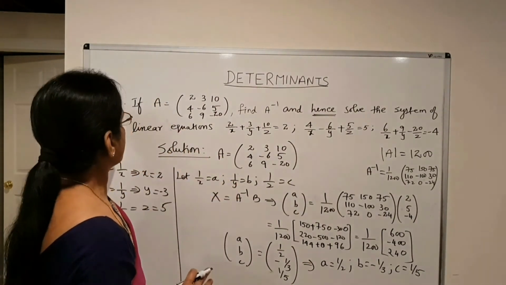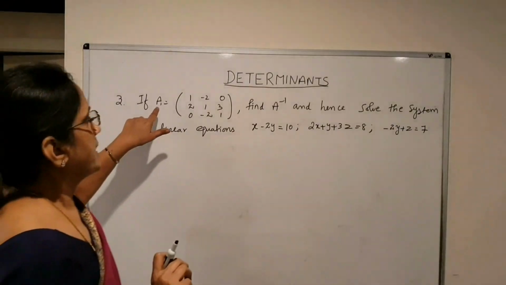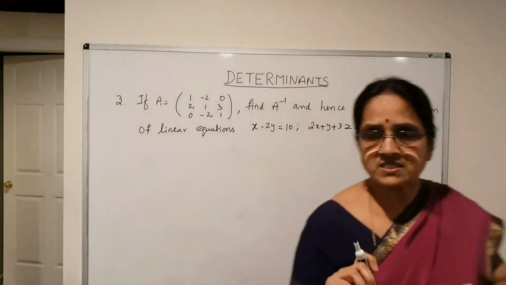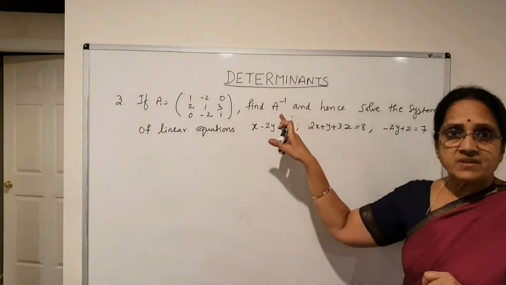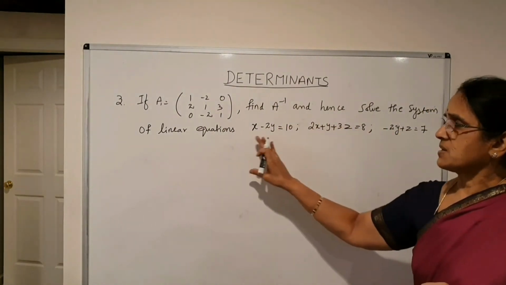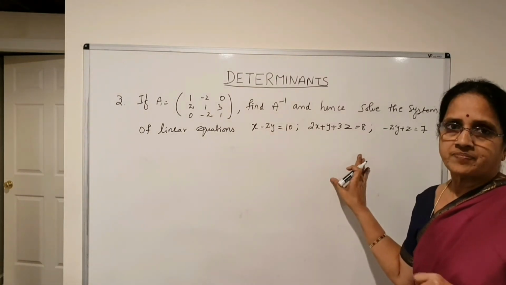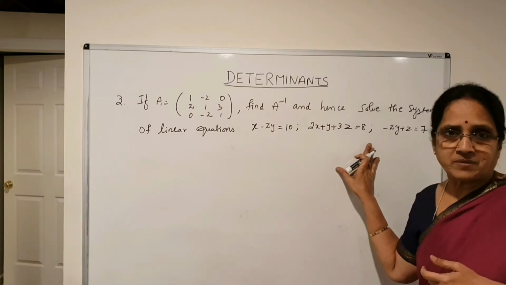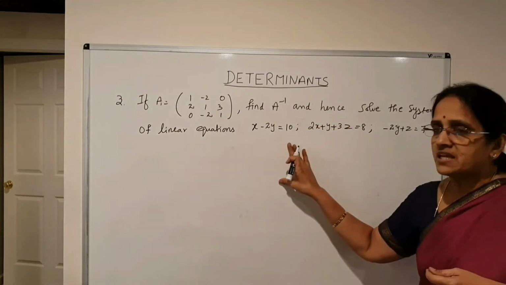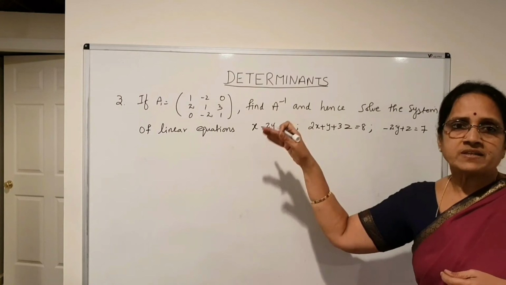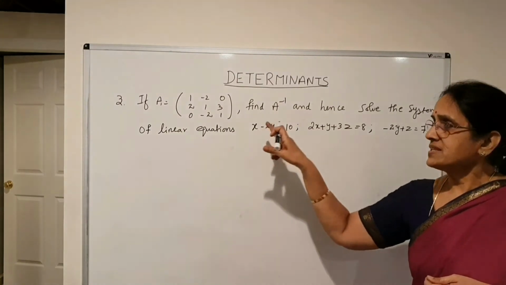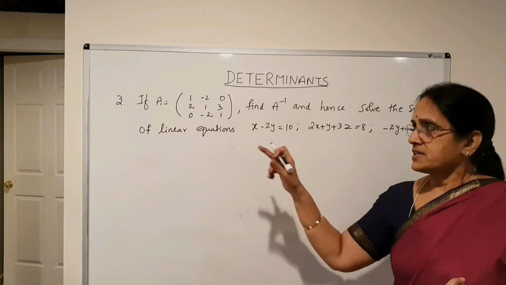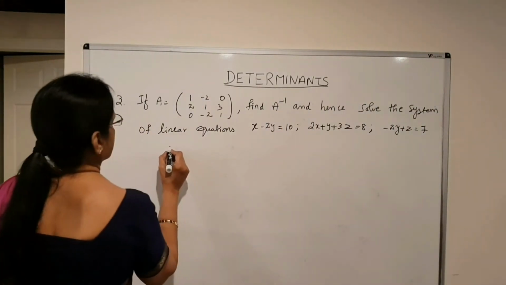Now let's move on to question number 3. Here you have been given the matrix A and you need to find out A inverse. And using that A inverse, you have to solve the system of linear equations. This question was asked in 2017 foreign board examination paper. This question is similar to the question number 2, what we did in today's class. I am doing the same type once again so that you can comprehend better. Let us do this sum. Solution.